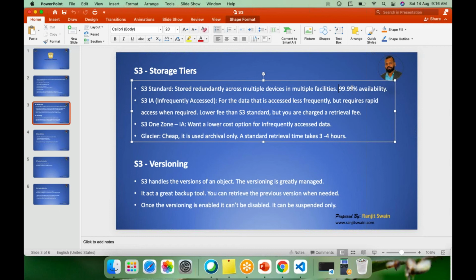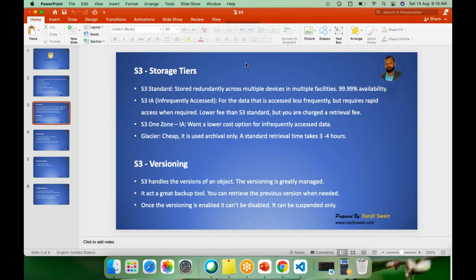Suppose let me select this demo and go to the properties here. You have to go to the management. Ranjit, by default, it will make a copy into another region, right? By default, sorry, no. In your PPT it was mentioned that it will be available 99.99% and make a copy in another region, on the second slide.